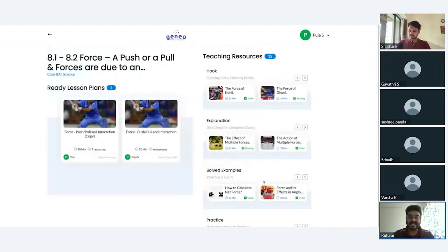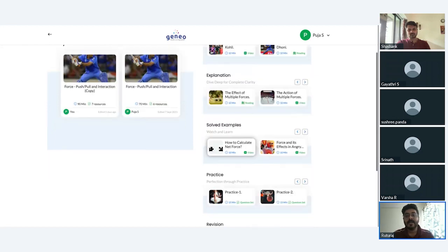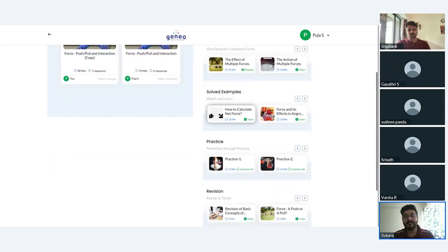But the lesson plan, as you will see, will follow an 8-step pedagogy that we have, which begins with a hook. The name comes from the fact that it is designed to hook students' attention and get them interested in the concept. Once you have them interested with some exciting examples that connect the concept to the real world, it moves on to the explanation, which covers formally all the aspects of the concept, all the learning outcomes in this particular topic. Then it moves to solved examples, where the teacher is demonstrating how this concept applies in different situations,